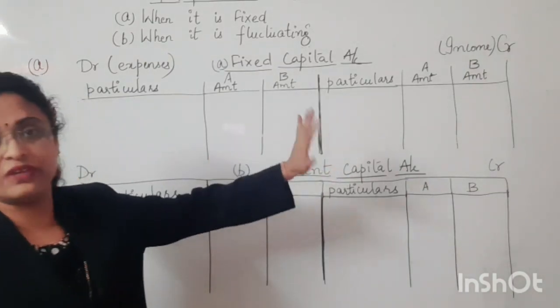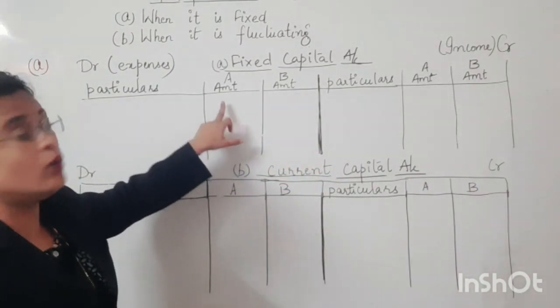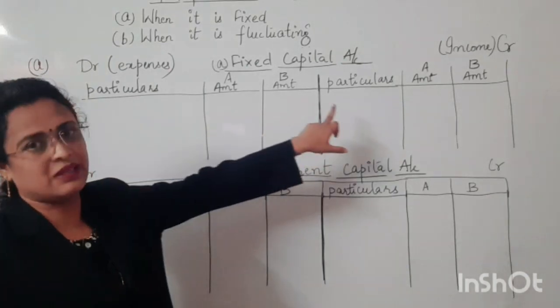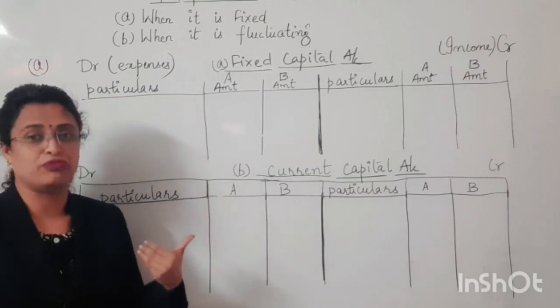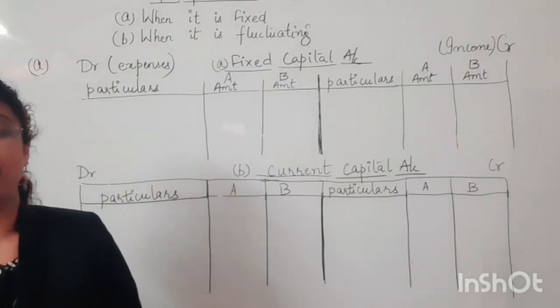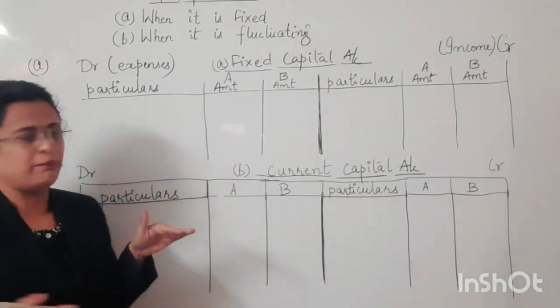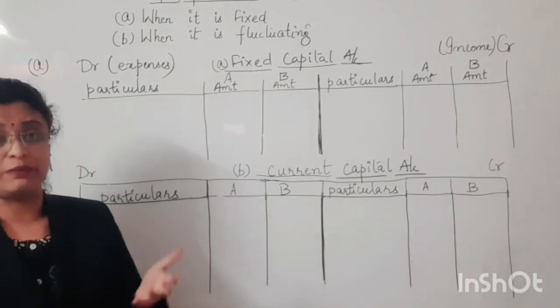Let us assume you have 3 partners, then it's going to be A's column, then B's column, then C's column. We can also make them separately. We can make a separate partner's capital account for A and for B, in the format of a ledger account, but it will be a bit tedious and moreover very lengthy too.